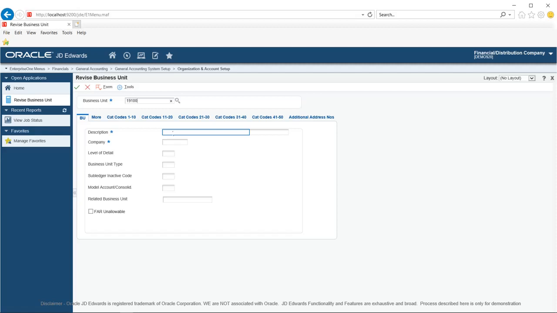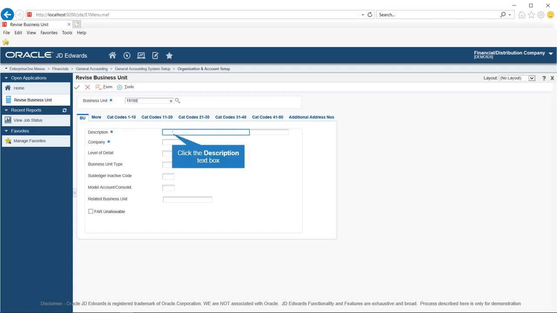You can make this change by updating the company number on the business unit by running special update programs and then running global update programs to update the tables F0901, F0902 and F0911 with the new company number. These are advanced operations and out of the scope of this course.